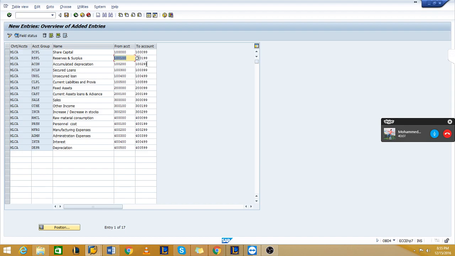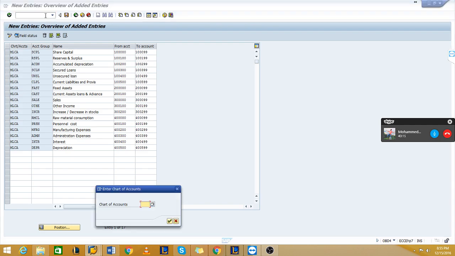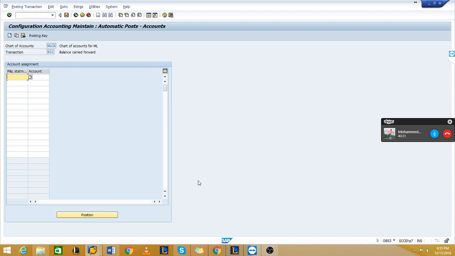Here, in OB53, chart of account MLCA. It asked which chart of account you want to use. I have given MLCA.